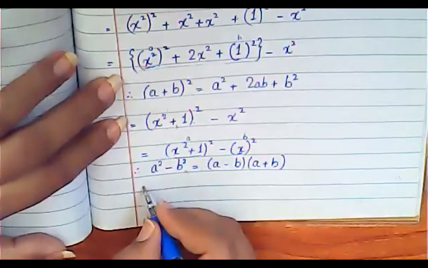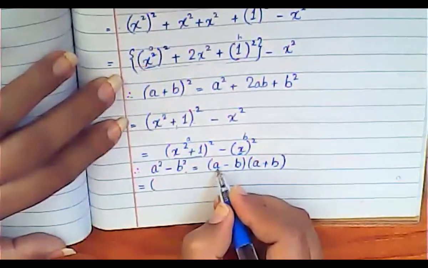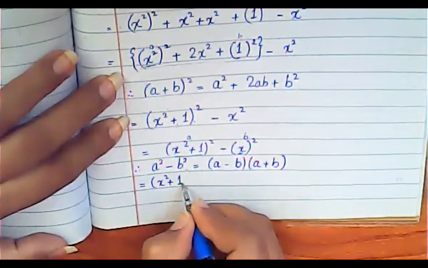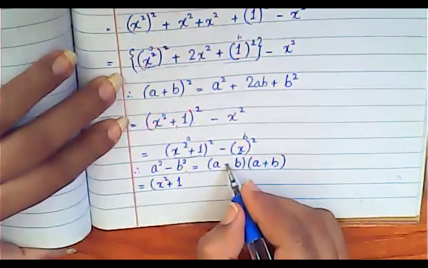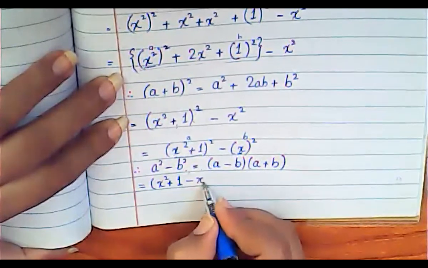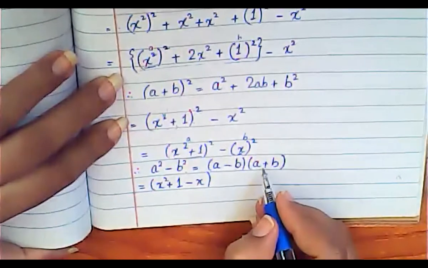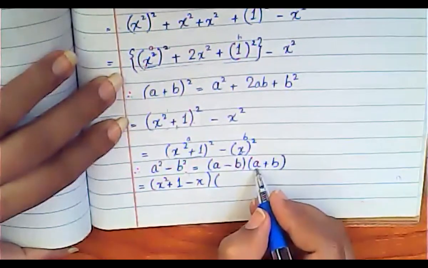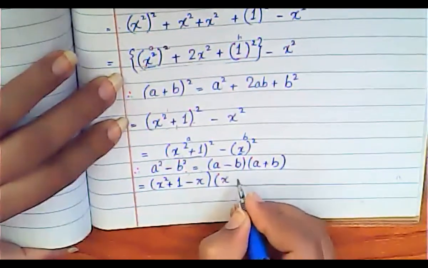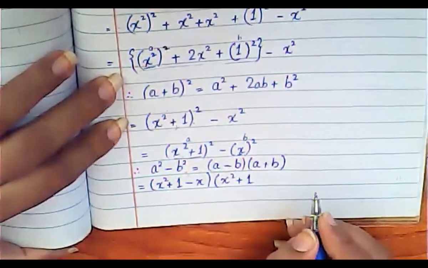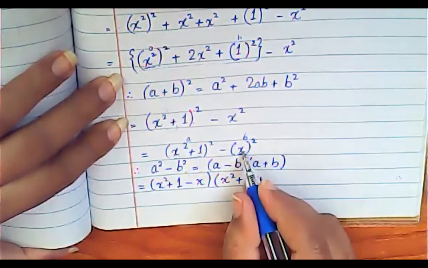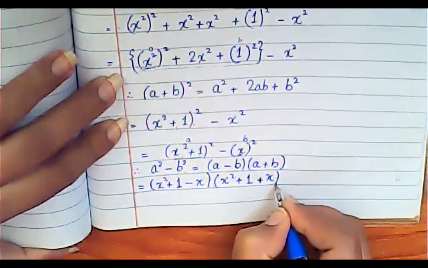So what we will write here, this whole thing is now equal to a. What is a? x square plus 1. So you will write here x square plus 1. Then the sign of minus, which is in the formula, you will write here minus. Then term b, which is x, so you will write here x. That's it. Now move on towards the next bracket. Again you will require a here. So what is a here? x square plus 1. So you will write here x square plus 1. Then inside the formula we have a plus sign. What is term b here? This one, which is x. You will write here x.